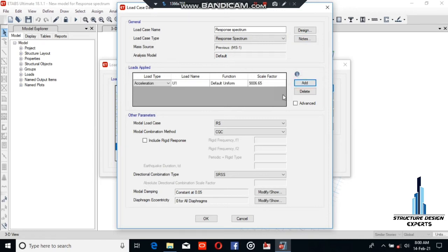We have already selected it there. So now add new, select the RS response spectrum, which we already created, and this is the value of g, gravitational,